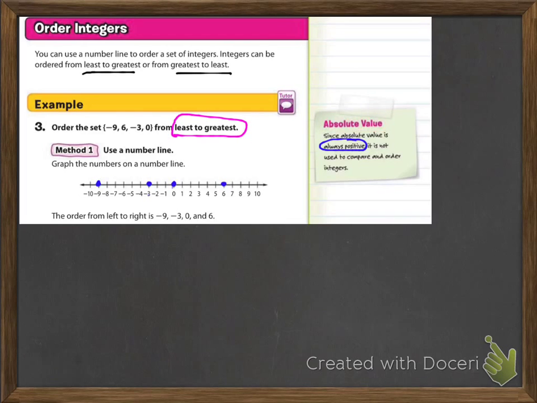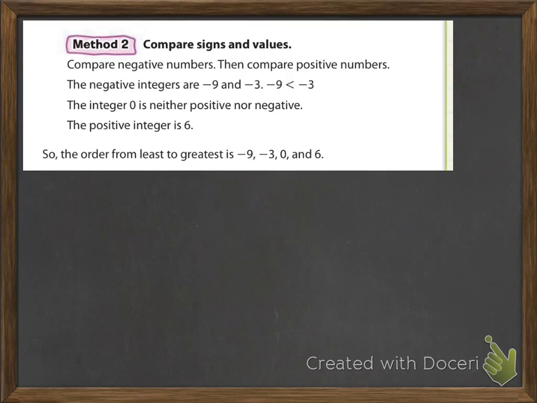So now it says the order from left to right is, and all you have to do, once you've plotted them on the number line, is record them in the order that you see them, like this. So now we're going to order those, and they will be -9, because remember we see -9 here, -3, 0, and 6. So that's method 1. And method 2, which you're going to see right here, says